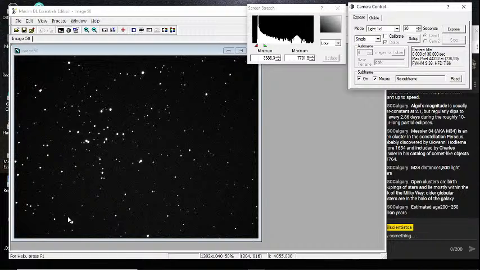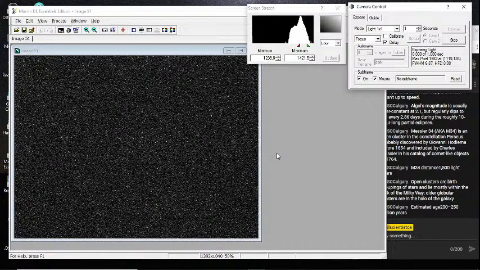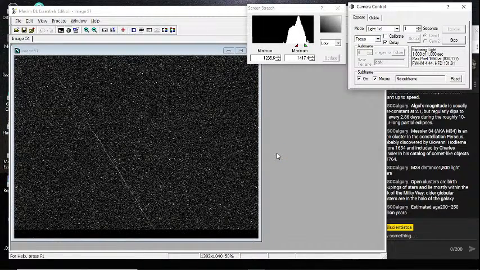Back before the computerized telescope, we'd have to use a star chart and find a bright star nearby. It's kind of what we're doing tonight, because we're having the telescope find a bright star near the object, and then using that to tell the telescope that it's in the right spot, and then it hops to the right place. Well, we used to find a bright star, point the telescope at it, and then looking at a star chart, find a bunch of stars that kind of led the way to where we wanted to go. Kind of the same thing, except that now the telescope's doing all the work.